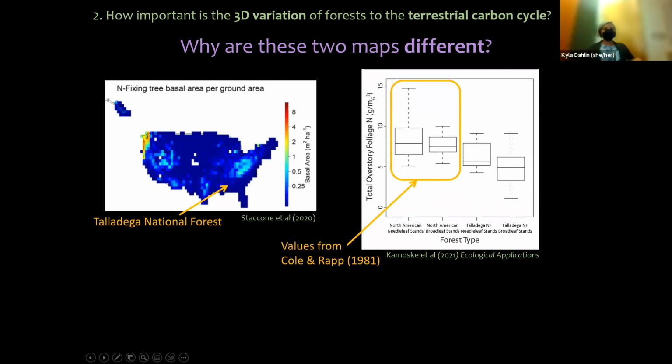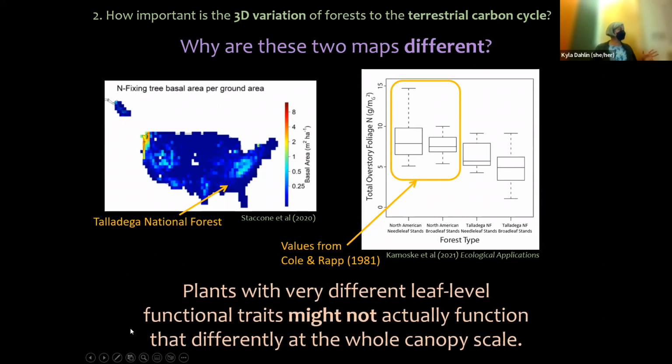So even though we know that there's this dramatic difference in these leaf level traits, when we start thinking about the whole canopy, maybe they're not as dramatically different. And so this is actually reassuring and suggests that maybe we don't need to know every individual plant species in order to predict how they're going to interact with the environment and take up carbon, because